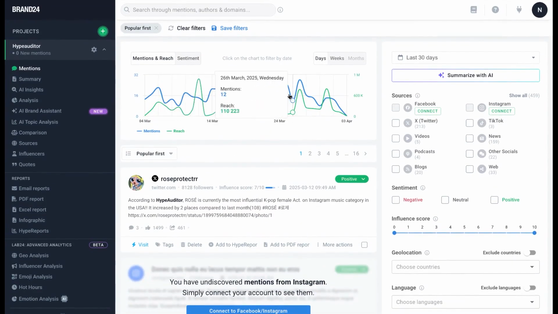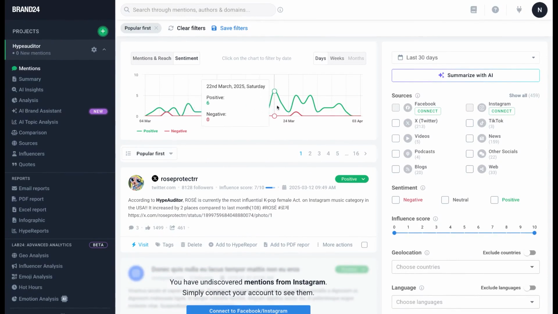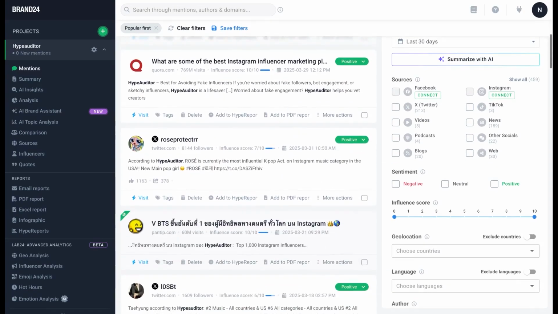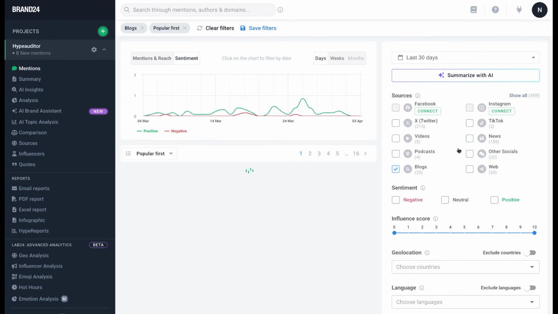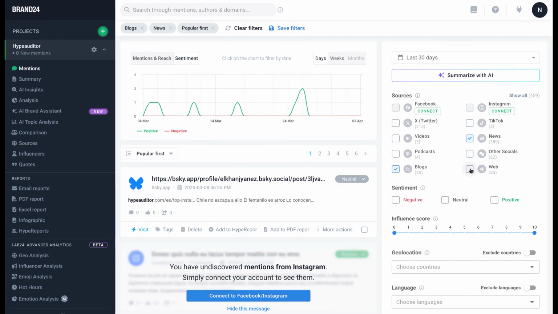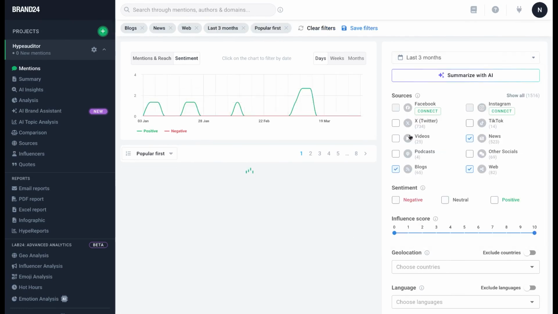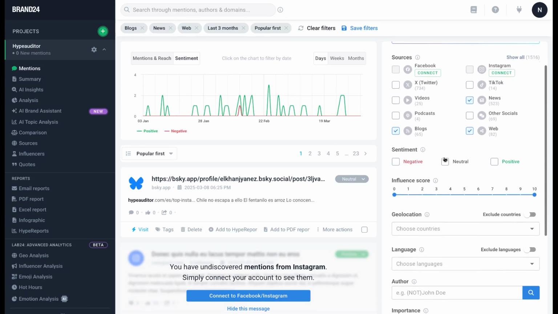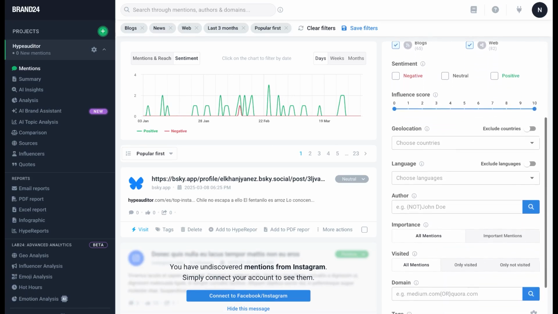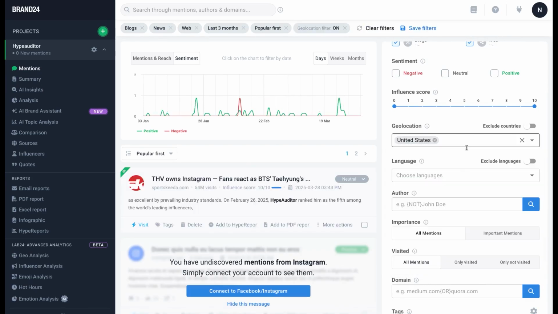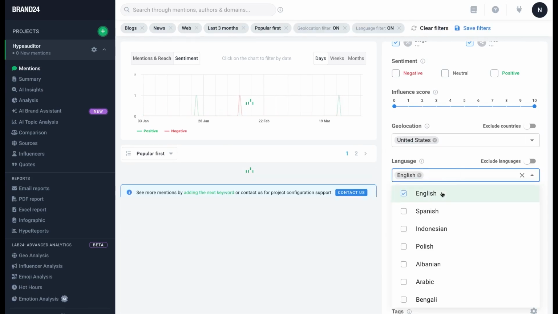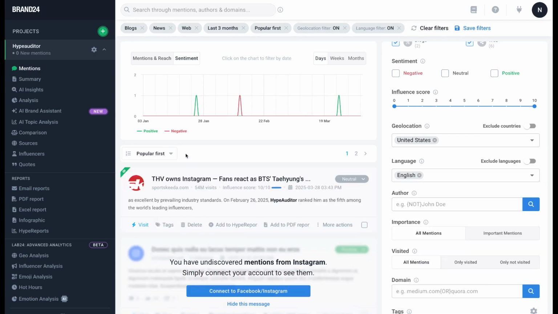I analyze our mentions, and also I reach out to media if I can see that we can add some additional information or data. On average, per month we have about 500 mentions across all sources. The main area of focus for me is news sources. In news, for example, for the last 30 days, for now we have 161 mentions. What is convenient is that I can filter them by country, by language, and by popular first.